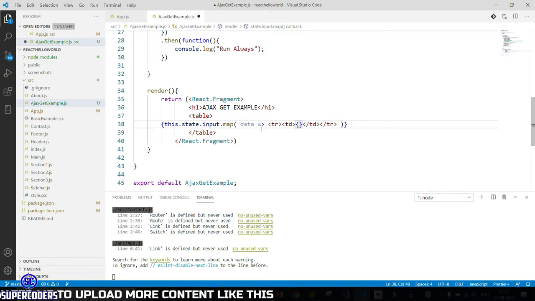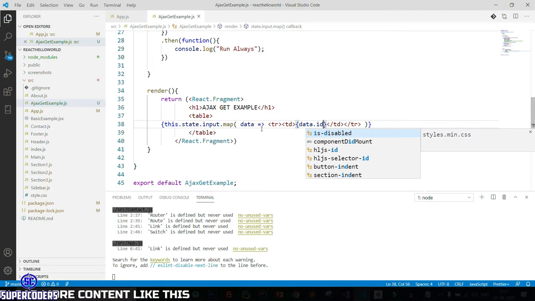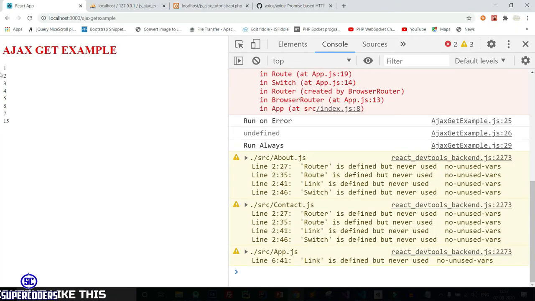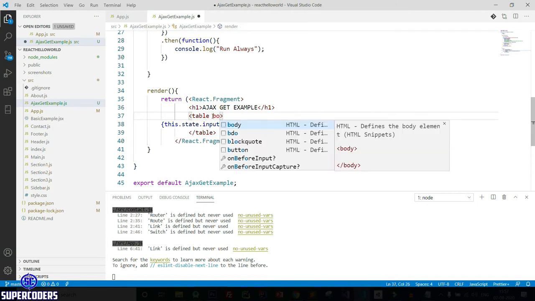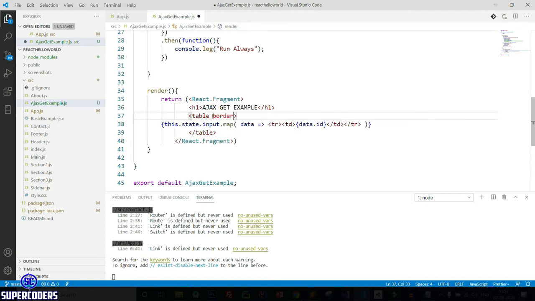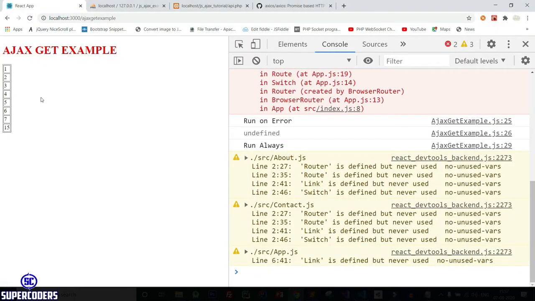So printing the value data.id. For now I just print the id value. Let's see, and you can see you get the id of each data. Add a border here also, border equal to 1, save it, and you can see it prints only the id.